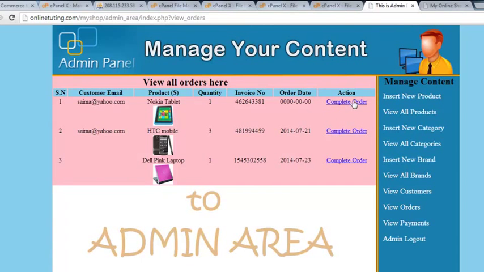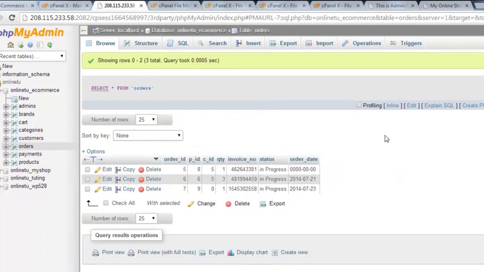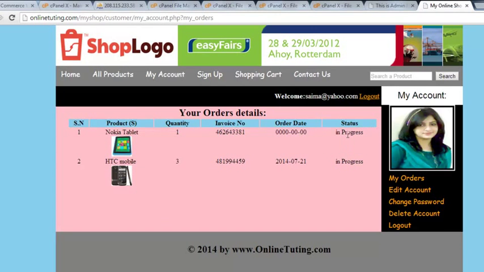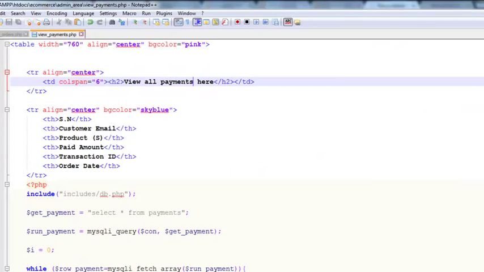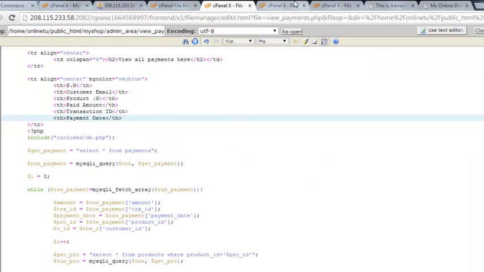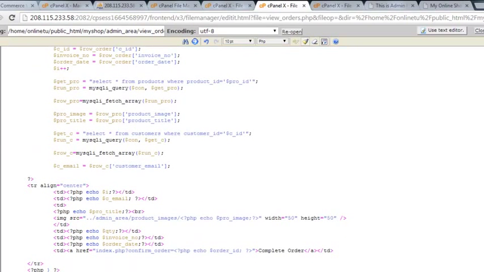So just click this and update that table, I mean the orders table. Just simply update this thing inside the order, change this in progress to complete, so the customer will also see progress complete. I can now just show you that. We'll go to the view_order page,